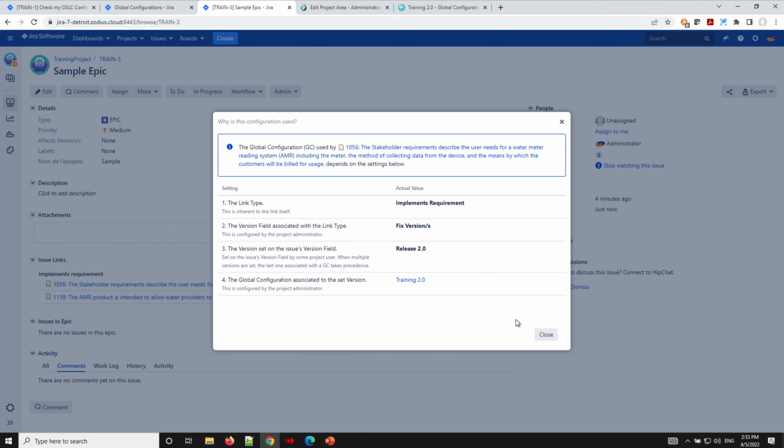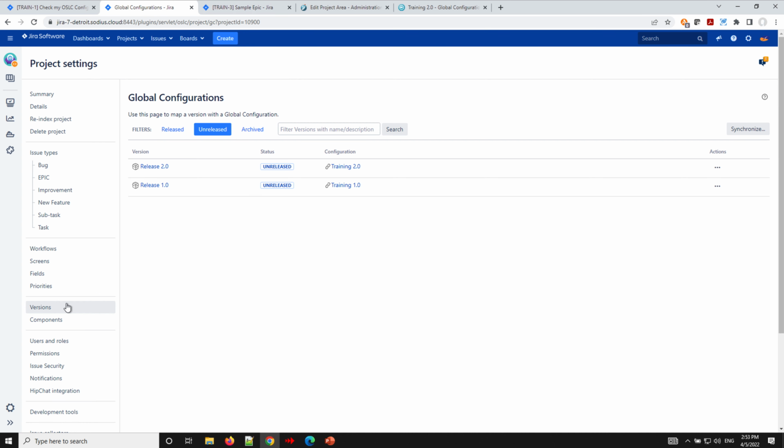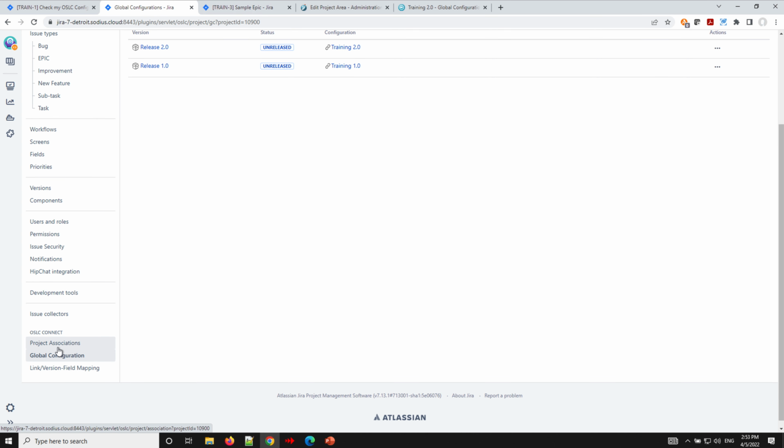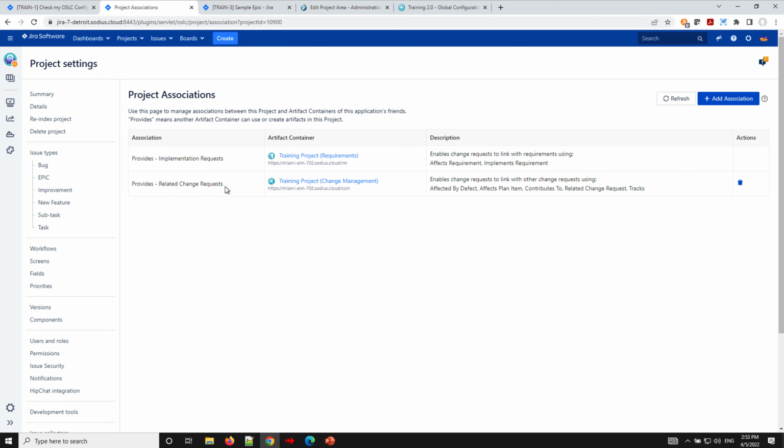And so that gives you, I think, a good feel about how to be able to see how those links might take place. We also can go ahead and look at those project associations as well. We probably want to do that relationship the other way as well. So if I actually look at that training projects within